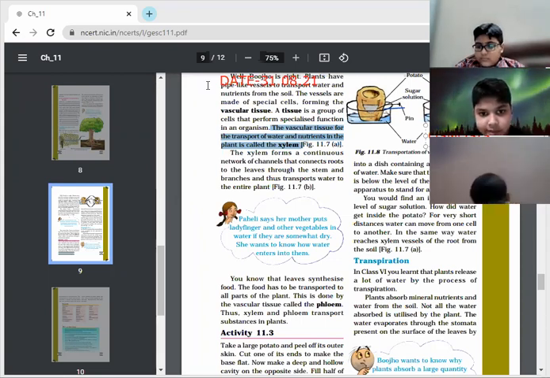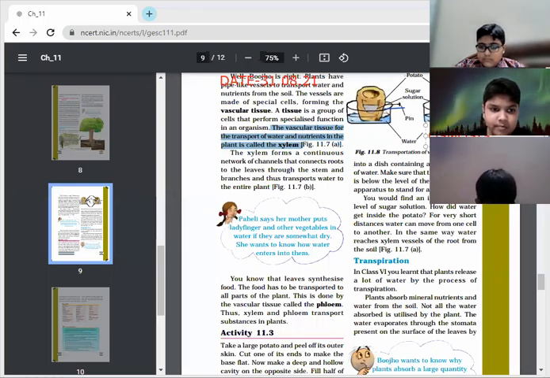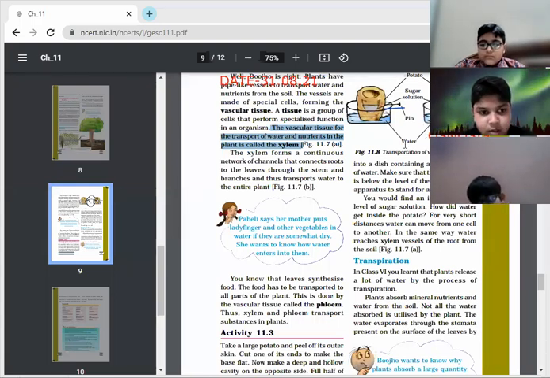So if we cut the stem, and we have taken red color water, we can see the red color in the stem. So this shows that water is moving from downward to upward, and the roots are absorbing the water. So I hope this concept is the same. Yes, beta, very good. You have set up a good relationship between that activity and this activity. That is also the increase of the absorption of the water from the stem.